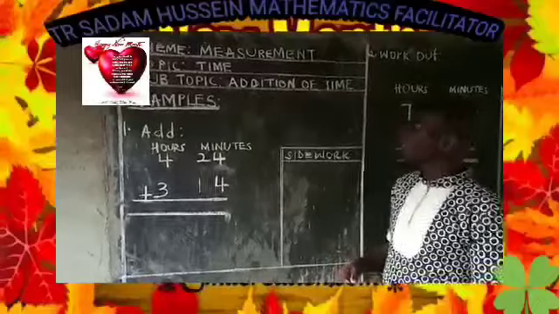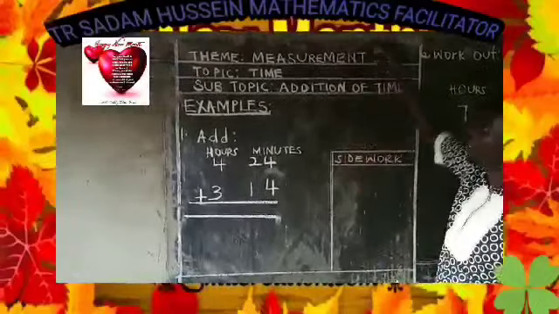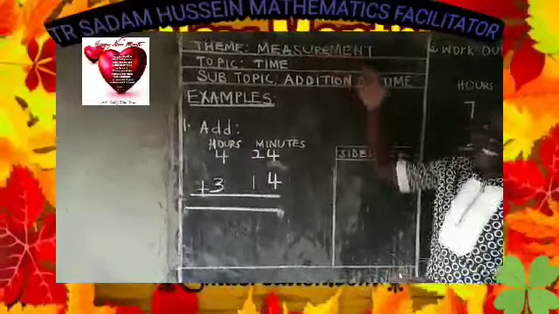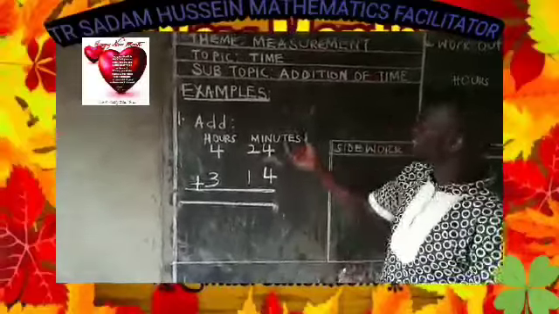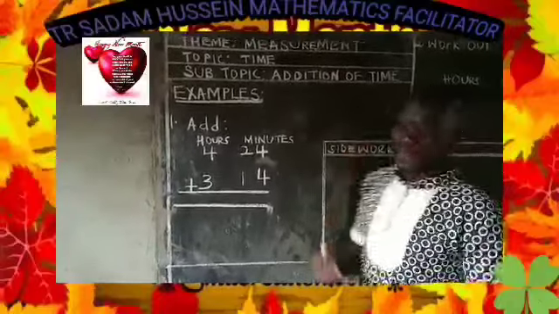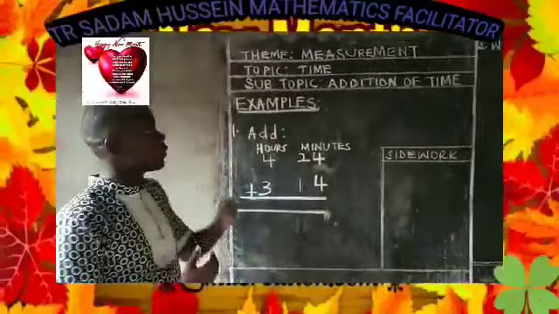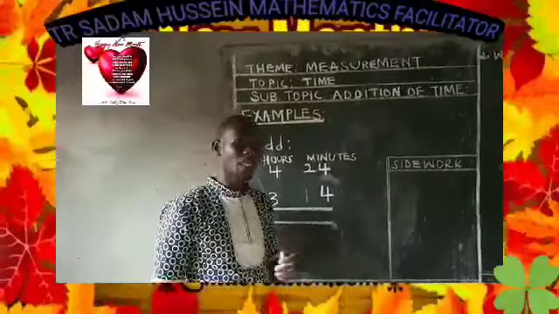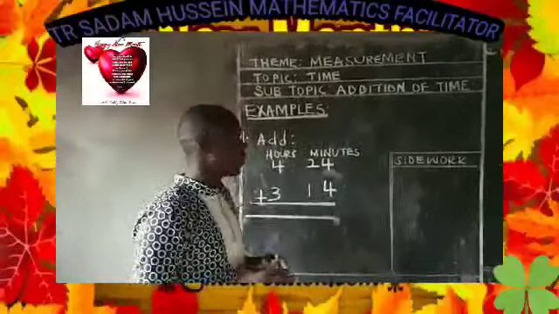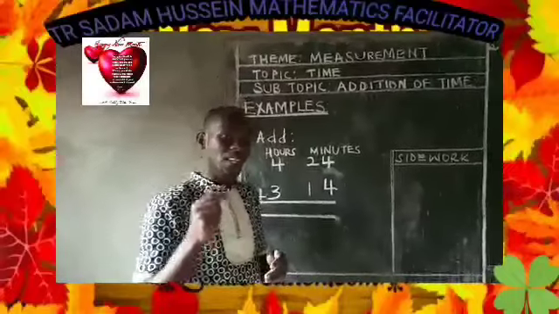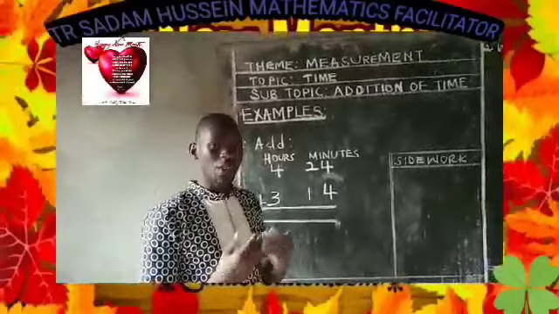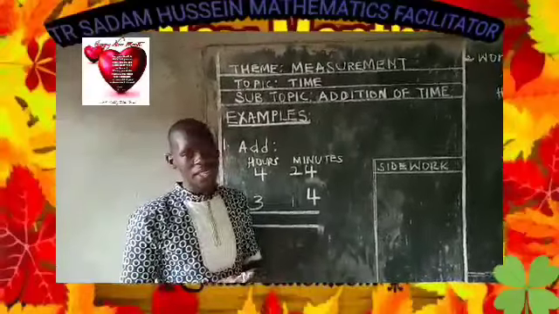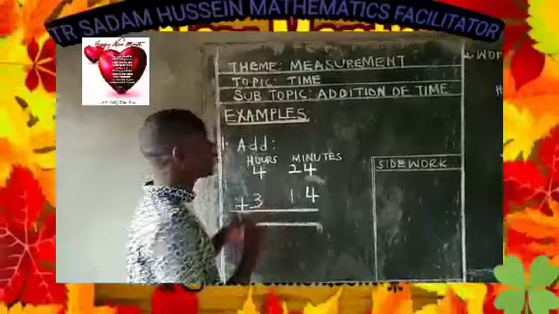This time we want to look at, still under the theme of measurement, the topic of time, and this time I've brought for you addition of time. Now, when we are looking at time, I told you that 1 hour is equivalent to 60 minutes. Always don't forget that, whereas 1 minute is equivalent to 60 seconds. When you keep those things at your fingertips, time and again, we shall always be able to handle anything concerning time. So it should be at your fingertips as we are handling this work.